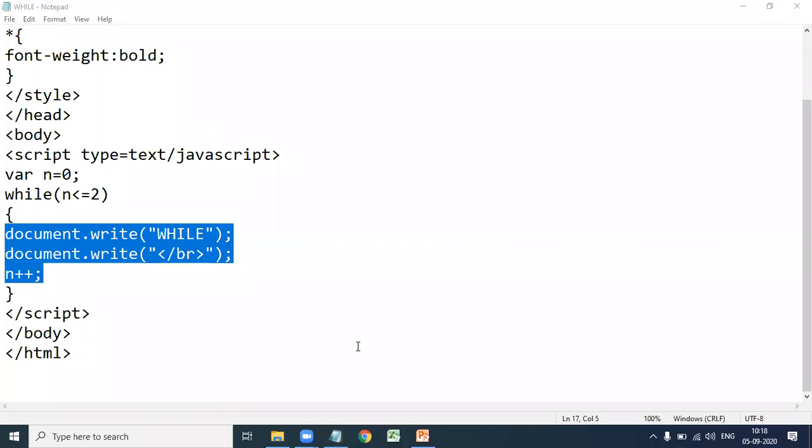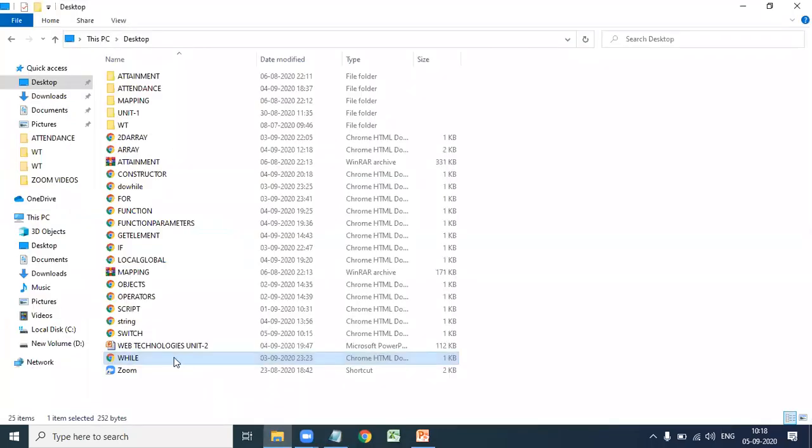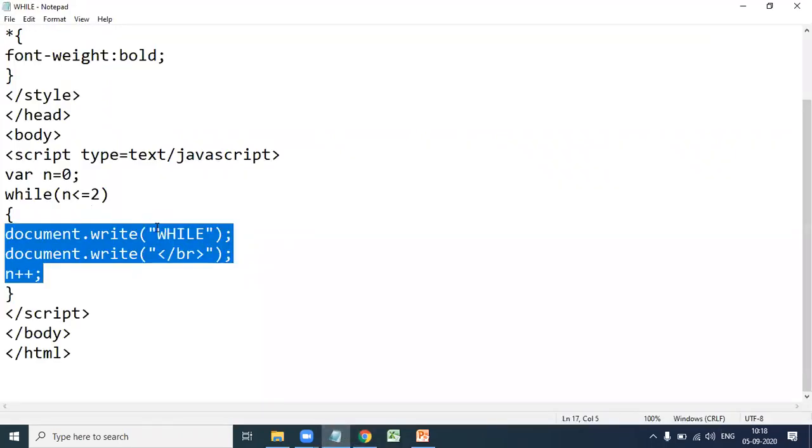So the output for this one is: while is repeated 3 times, that is at n equal to 0, while; at n equal to 1, while; at n equal to 2, while. n equal to 3 means it stops the execution.